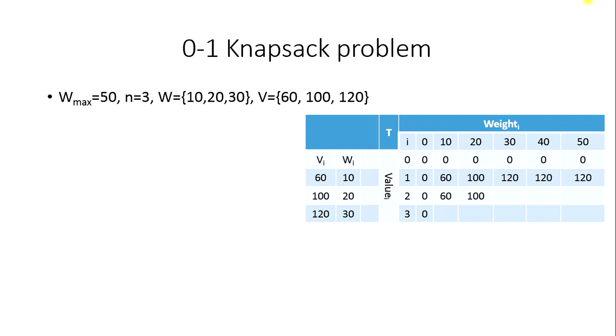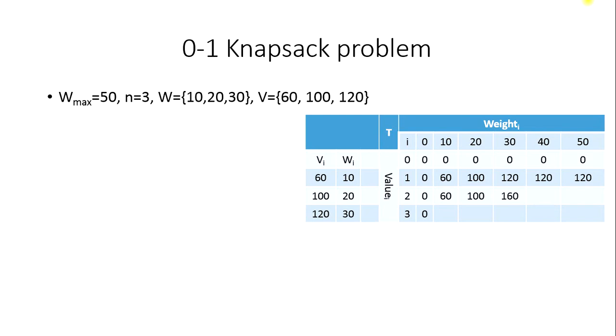What about 30 kg? Now we have the option to either take one item of 30 kg worth $120, or we can take one item of 10 kg and one item of 20 kg and make it 30 kg, which will give us the total value of $160, which is of course maximized. So we will take the 20 kg and 10 kg items, add them, and we get the worth of $160 in our bag with 30 kg. Next is 40 kg. When we fill the bag with 40 kg, what can we do? We can fill one item of 30 kg and one item of 10 kg.